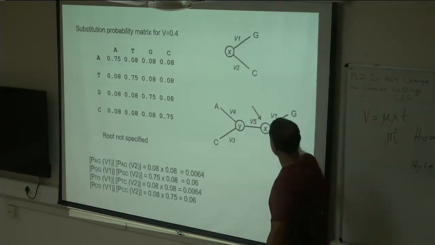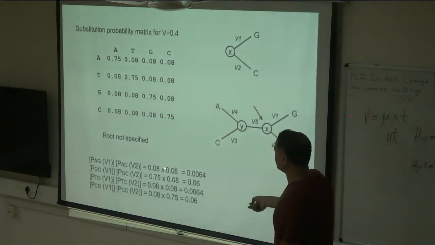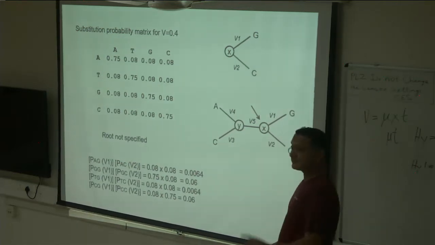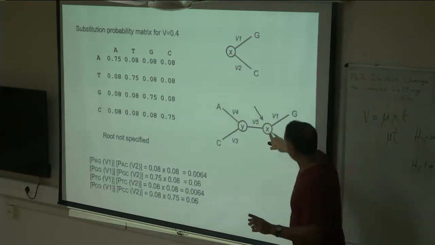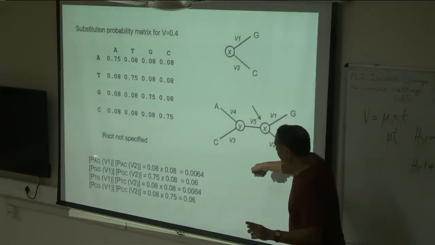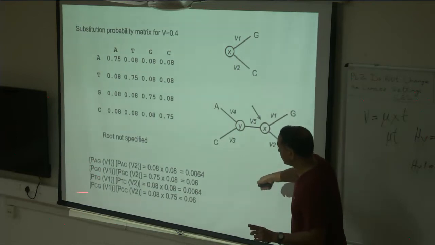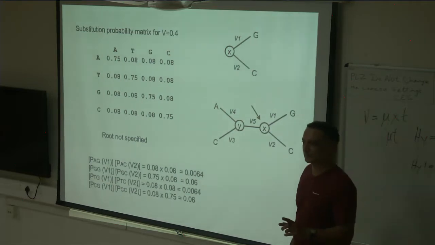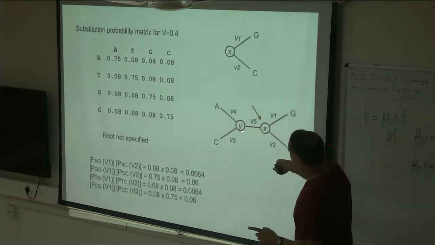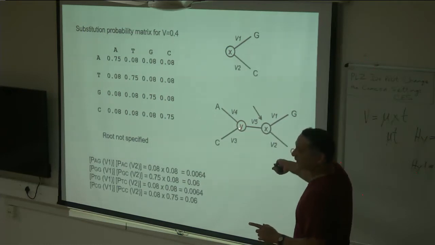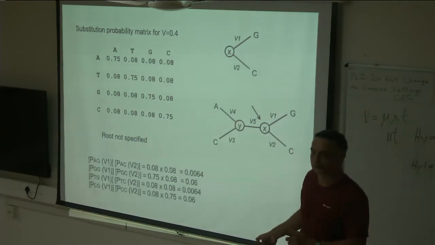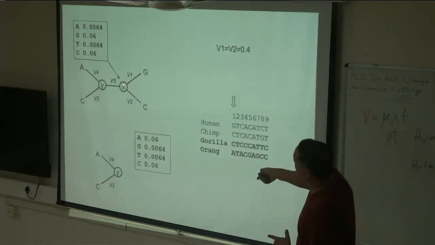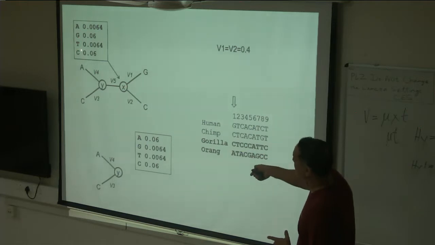Right? So we are just going from here to here, which is just these things. So these are then the probabilities for X being A, G, T, and C. Similarly, the probabilities for Y being A, T, G, and C can be calculated. Same calculation. So we have calculated for this node, probability A, T, G, and C.